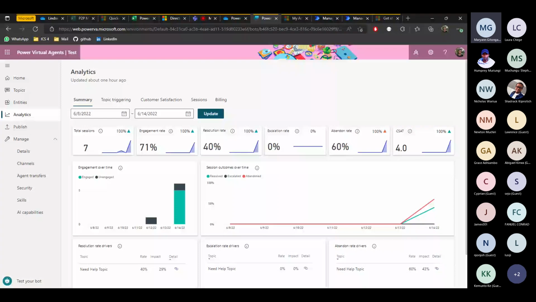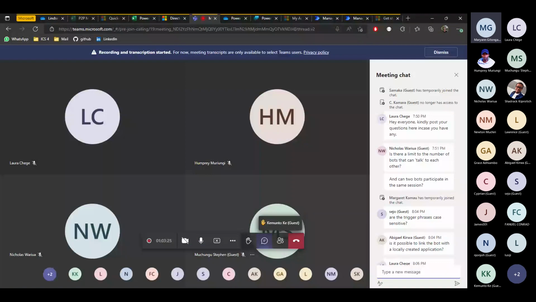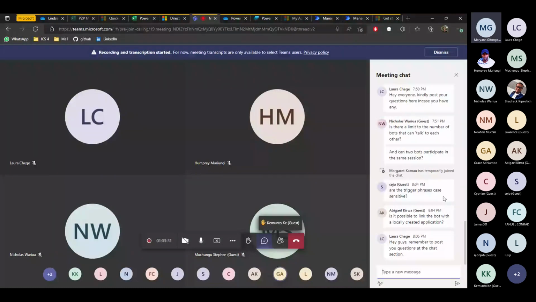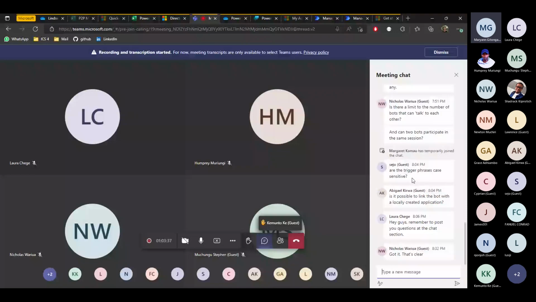It now belongs to that particular bot. Maybe once that bot hands the session back, then it goes back to the first bot. From how I've understood it, I don't think two bots can operate on the same session, unless there's any king in Power Virtual Agents in the house who can